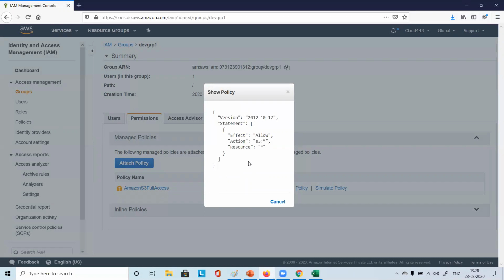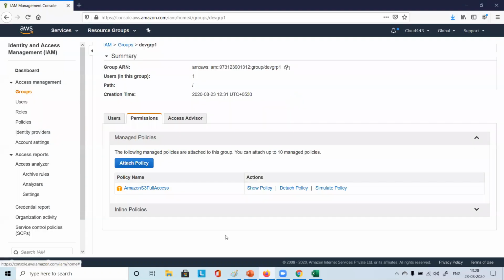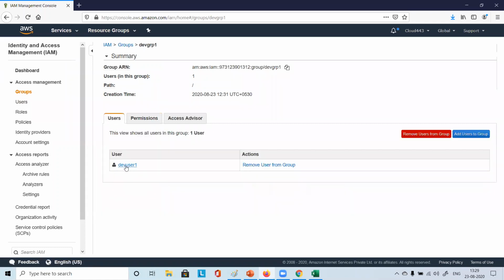Dangerous, right? Yeah. This policy looks very dangerous because you have given full access to the person who can delete the bucket itself. Okay, so no problem. We will see that. Let that person delete some bucket, and then we will take the policy out from this person. We have already attached this policy, and this user is part of this group.